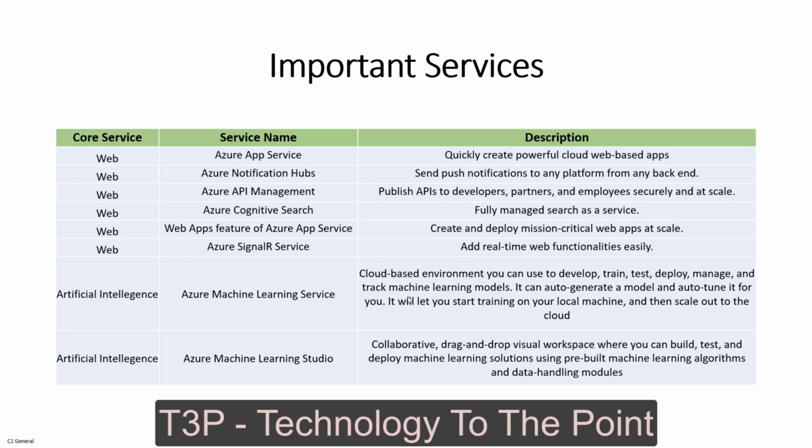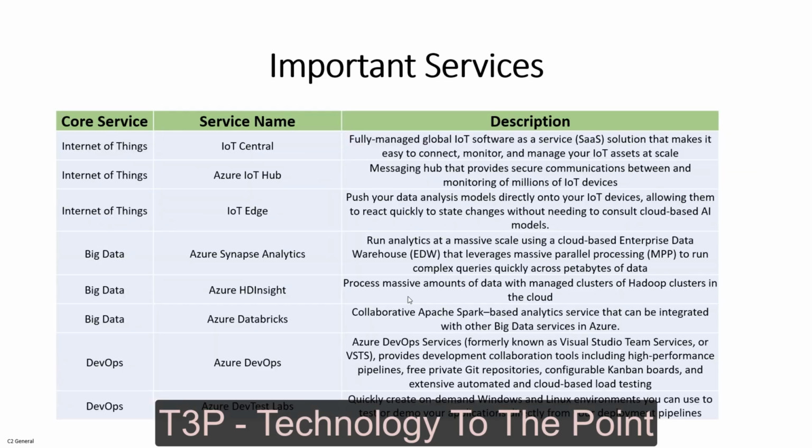After web services, we have artificial intelligence services. In this, we have two: Azure Machine Learning Service and Azure Machine Learning Studio. If you try to understand how machine learning works, it works from the previous actions taken. It helps us analyze what we got previously when we ran some application, and on the basis of past experience we predict and target future consumption and so on. It helps in that way. When we go through the questions, it will be more clear to you.